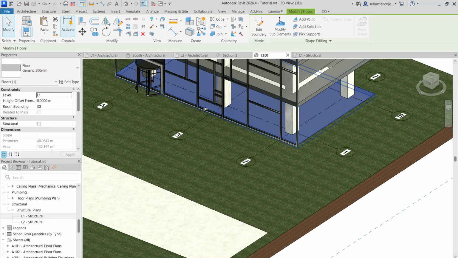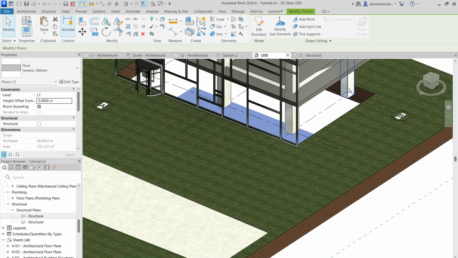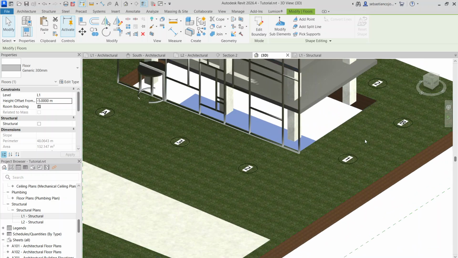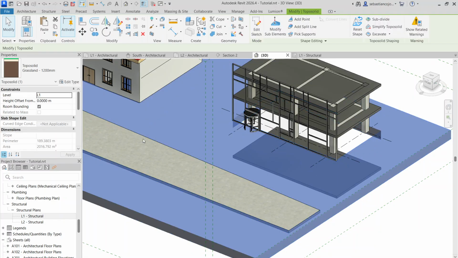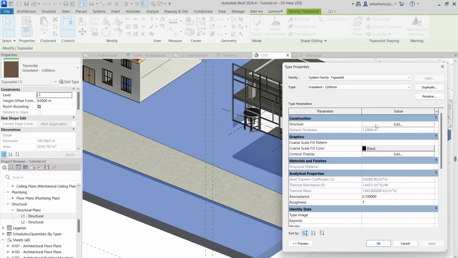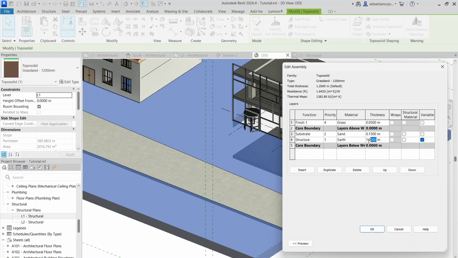And I think if this floor would be like another one at -5 meters or something, the excavation would be deeper. So if I would make the Toposolid let's say 10 meters deep,